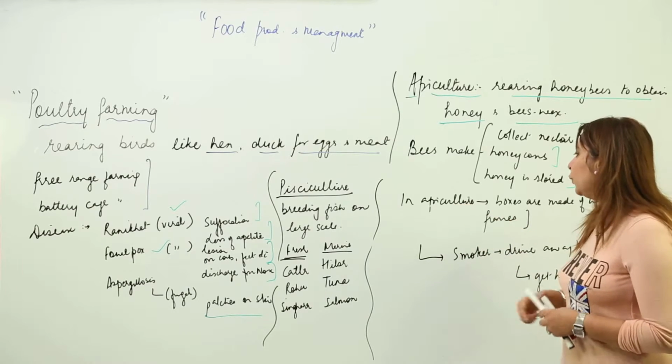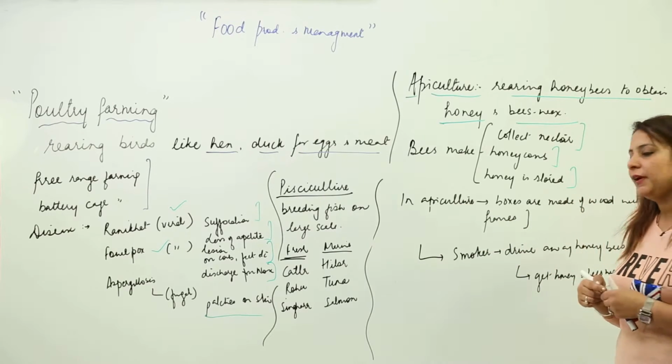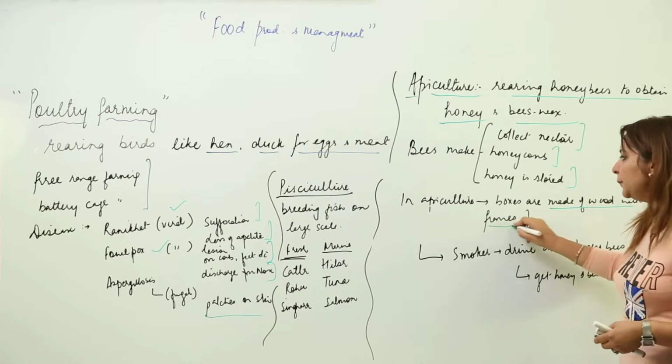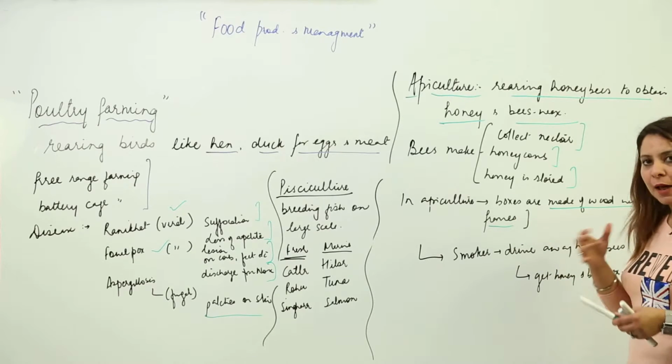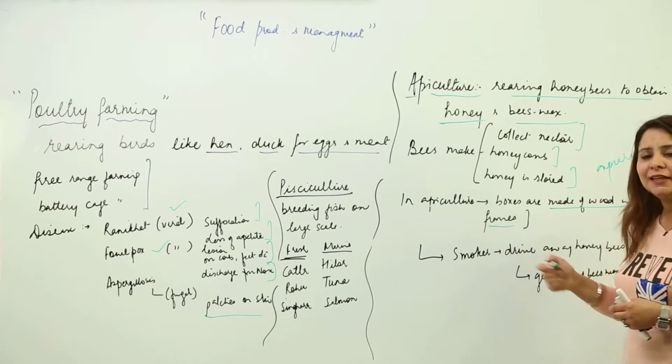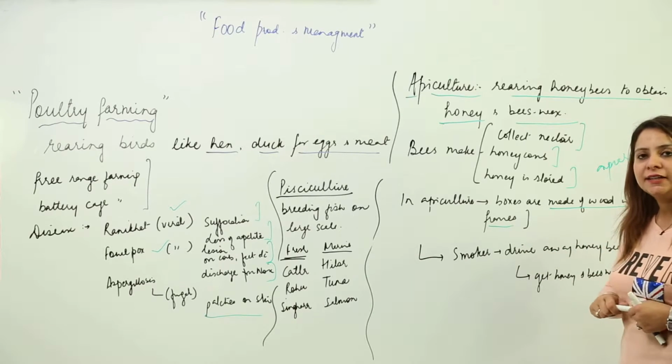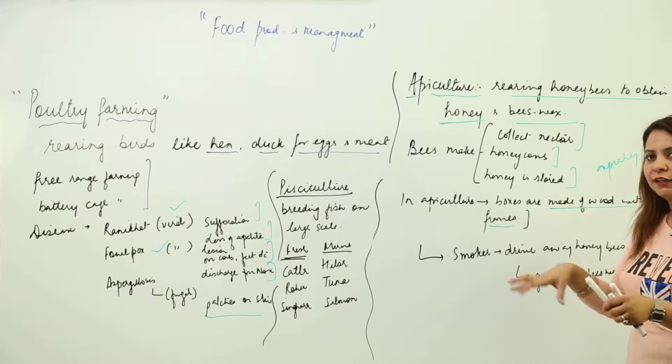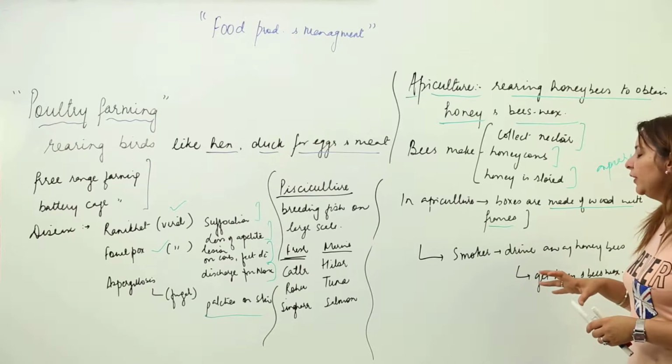But in apiculture, there are certain boxes made of wood with frames, and these boxes form an apiary. In these, the bees collect nectar and make a honeycomb like this. And then when